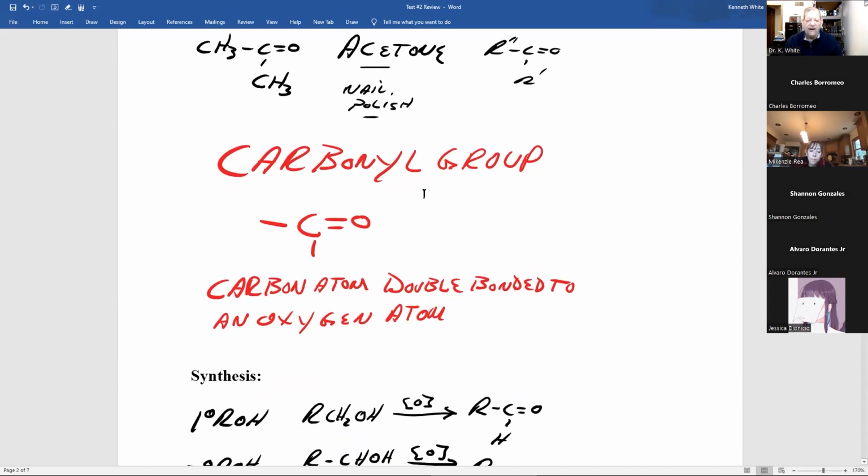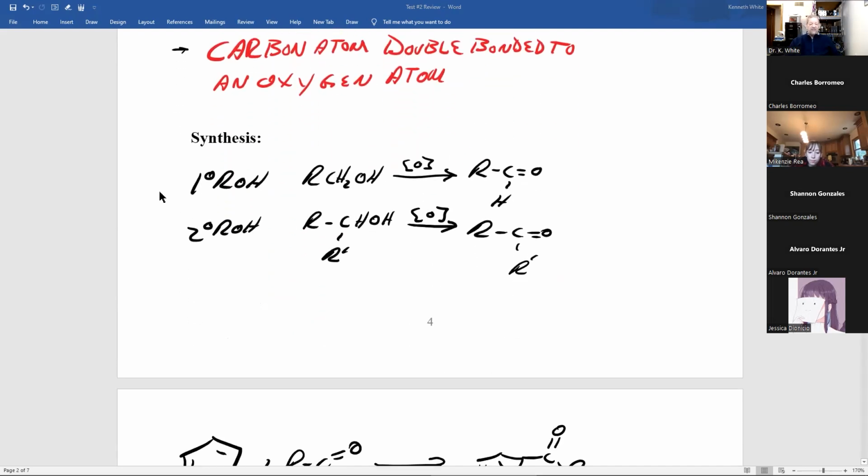Now, I asked you to learn what the carbonyl group is, how to describe it with a picture, draw it, and how to describe it with words. On the test, 4 points: describe the carbonyl group with words and drawing. The carbonyl group: carbon double bonded to oxygen. You write it as a carbon atom double bonded to an oxygen atom. I know of nothing more important to me personally in all of organic chemistry. Wow, that's a heavy statement.